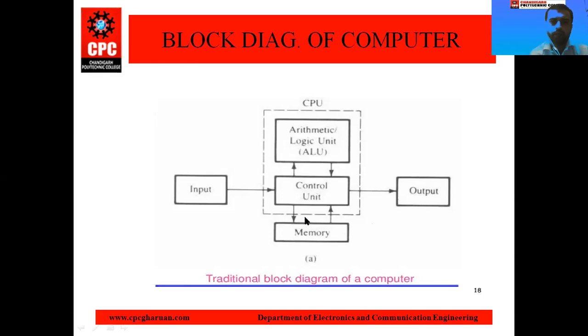If a microprocessor wants to save any data, or if you want to store a large amount of data, then an external hard disk is connected with your microprocessor. With the help of the hard disk, the microprocessor can address each location of the memory, so it can store the data at particular locations. This is the basic block diagram of your computer.